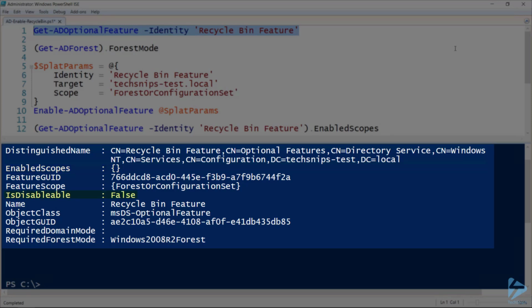Also note the IsDisableable property. The false value here indicates that once this feature is enabled, you won't be able to turn it off again. Finally, pay attention to the required forest mode. This indicates the minimum functional level your Active Directory forest needs to be operating at to support the recycle bin